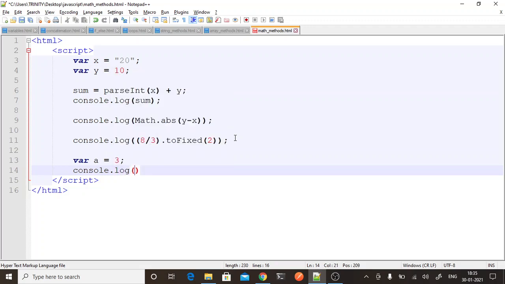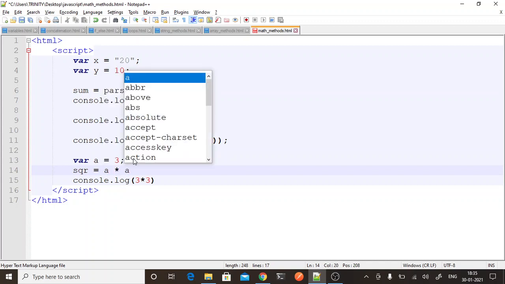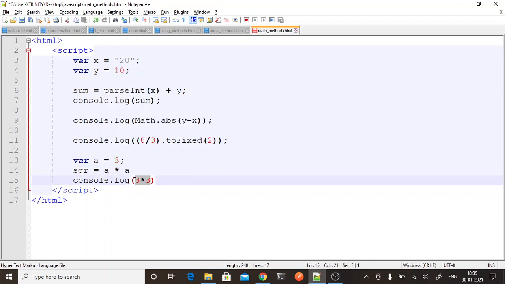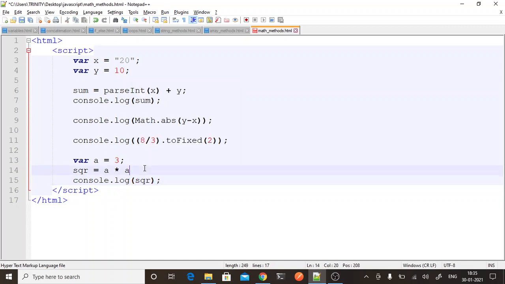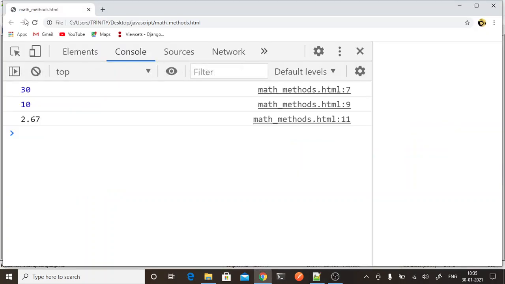So console.log, what I will have to do? 3 star 3 is one thing I can do. I will take it in a different variable only. Square is equal to a star a and I will print square. This is the traditional way to do this.